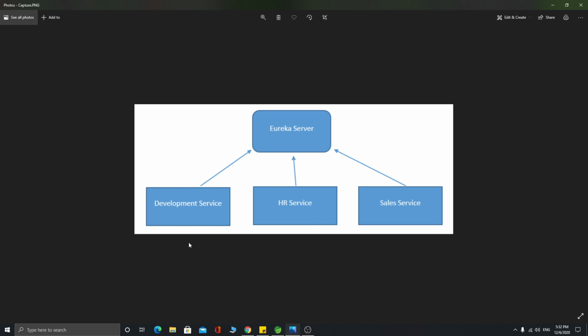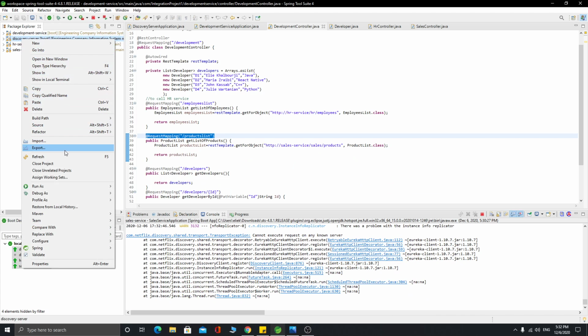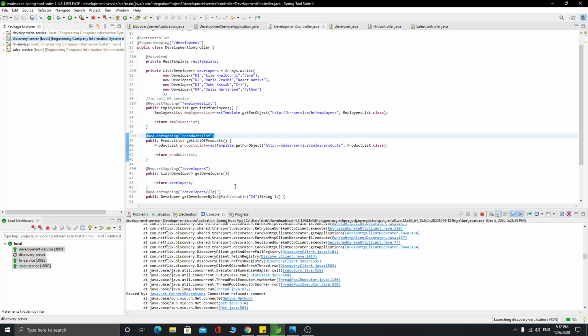They are running in a standalone mode, but the development service cannot see the HR service and cannot see the sales service. So once we run the discovery server, also as a Spring Boot app,